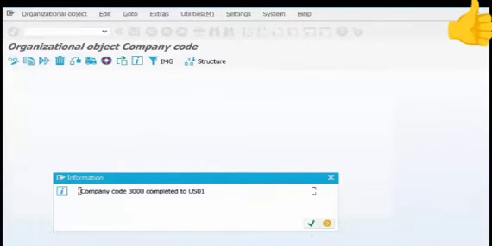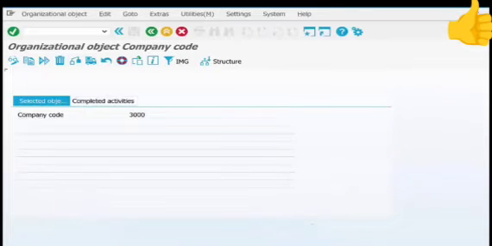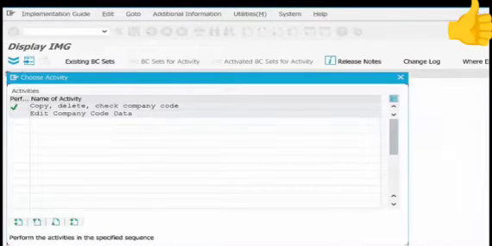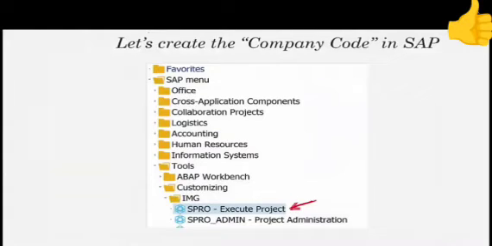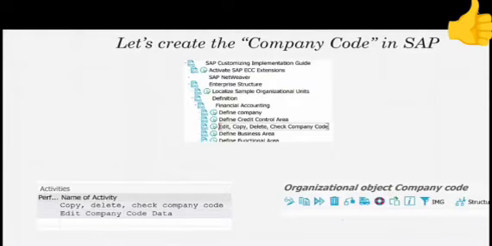And finally, you should get this message. Company code 3000 completed to US01. So we have taken the company code template for 3000 and copied it into our own template US01. So what have we done here? I've gone into SPRO, the transaction that's used in SAP to customize, and then gone into enterprise structure, definition, financial accounting, and edit, copy, delete, check company code,